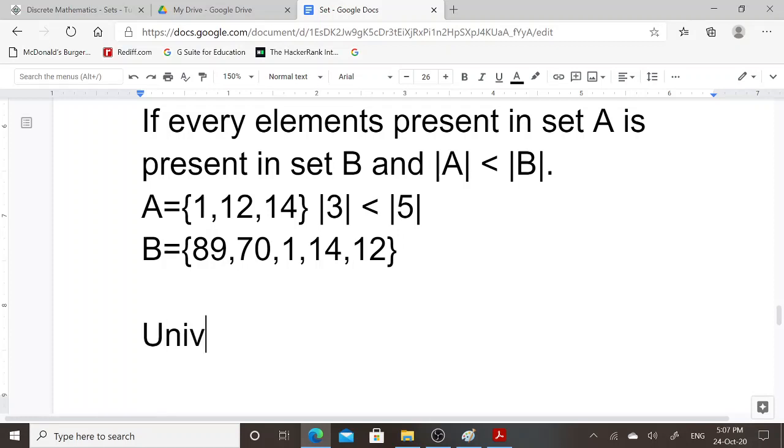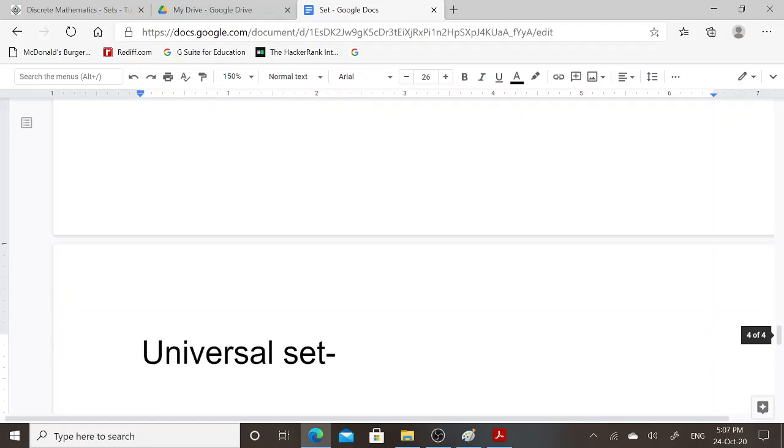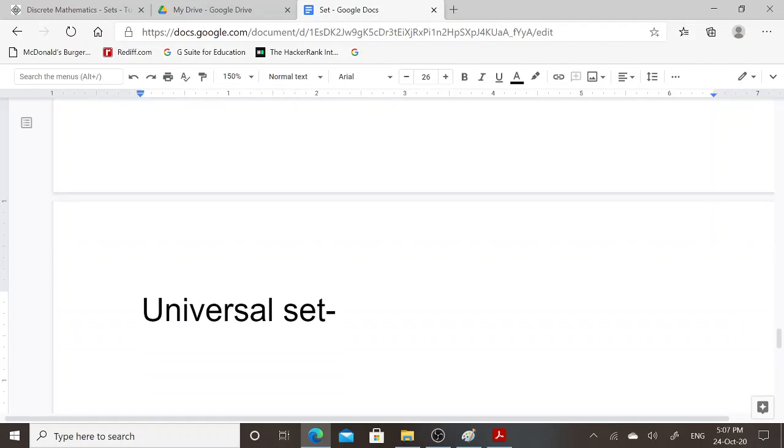Next is universal set. What is universal set?